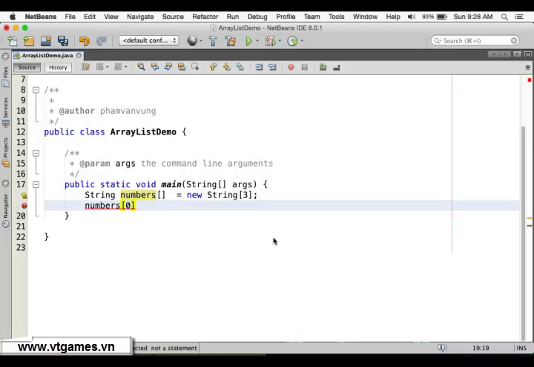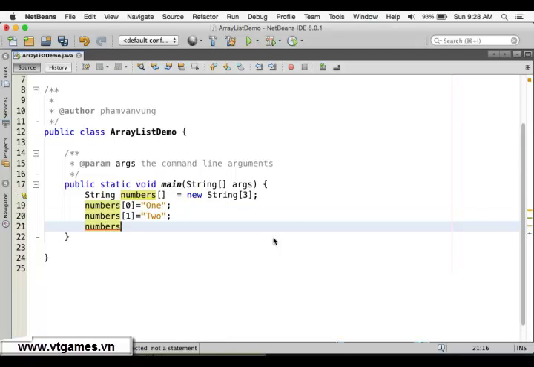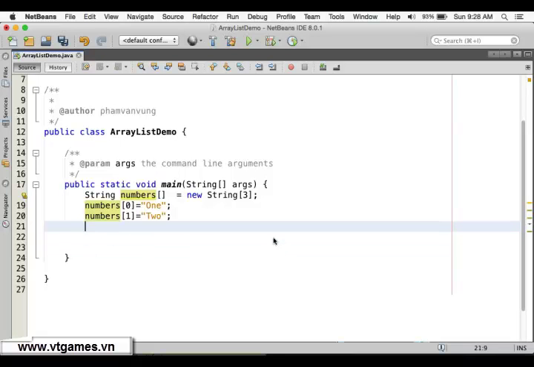Let's say index number 0, you can assign it equal to 1. Then numbers, index number 1, we assign it equal to 2. Numbers, index 2, you assign it equal to 3. There is one point: let's say numbers 2, you would like to assign equal to 3. This one is not possible. This will show you what is called a compile time error that NetBeans can suggest